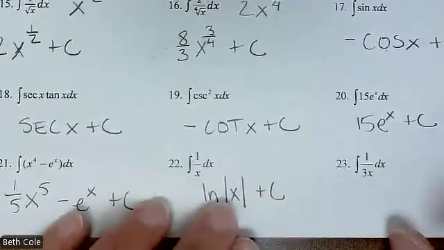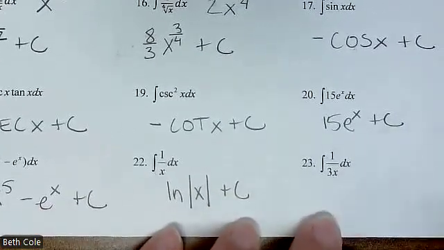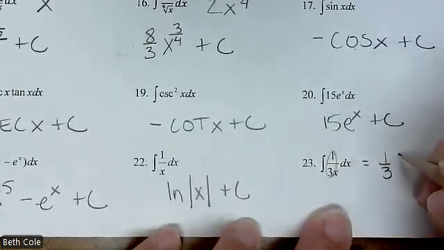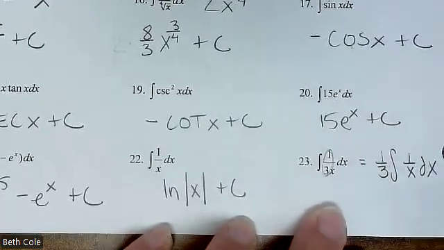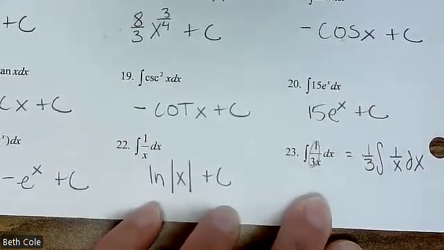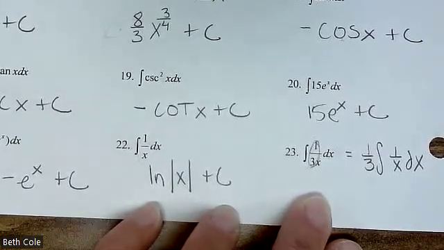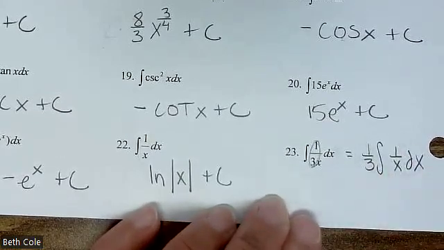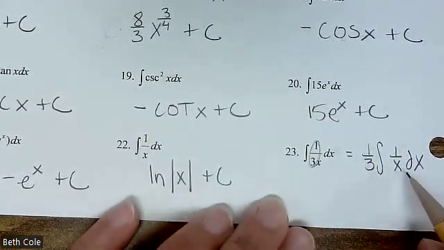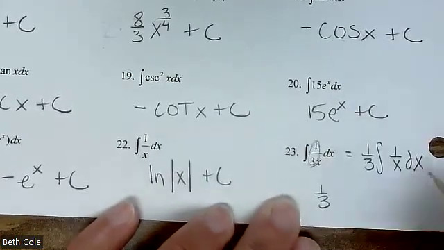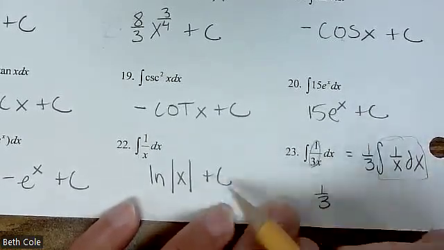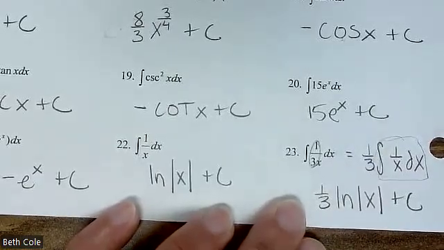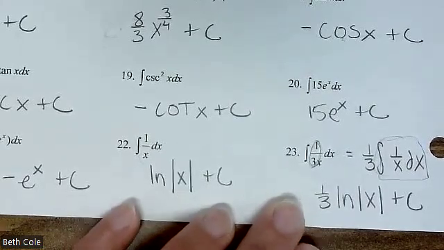Now, that problem and this problem are practically the same thing, but the 3 ends up throwing everybody off. Remember, you can take numbers and evict them from the problem. You can write this way and take that 1/3 and just put it out front. Usually writing it that way helps everybody to see it a little bit better because it's practically the same problem. What would this answer be? 1/3. Yeah, 1/3. And then we just did this over here. It's 1/3 ln x. And you don't have to say absolute value. You can. I mean, we just have to understand that it's there. But yeah, 1/3 ln x plus